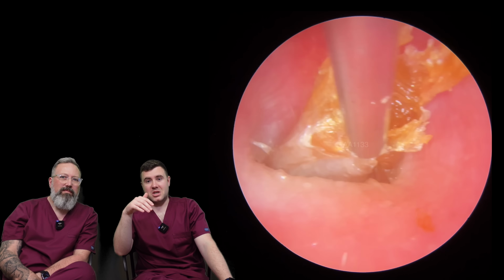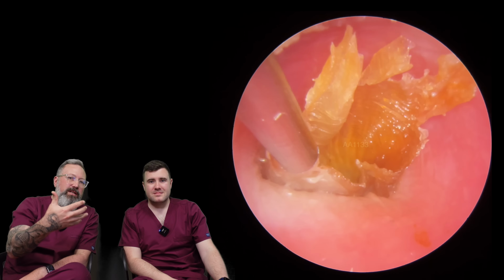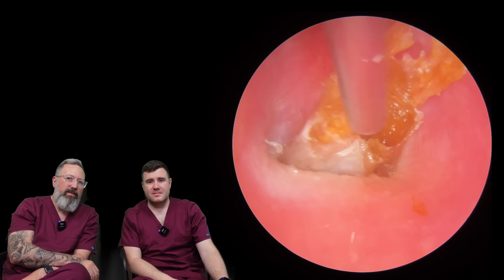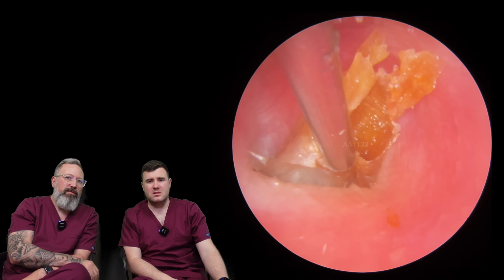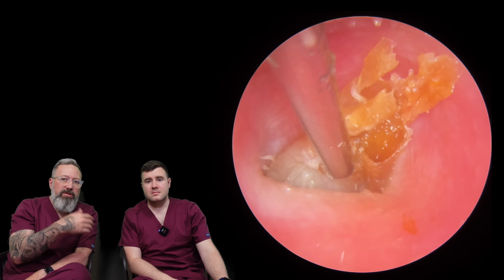You can see a thicker underlayer of skin now, that really dense skin material there. And that's what's been sitting against the eardrum. So you can see why this patient would have had lots of difficulty with their general hearing. And we did say to him, you need to be using some oil on a regular basis. We've got to try and keep this dead skin as soft as we can, just to try and sort of make sure that...